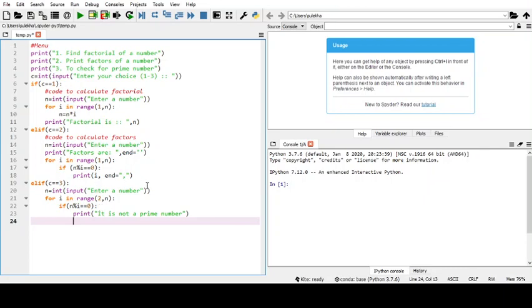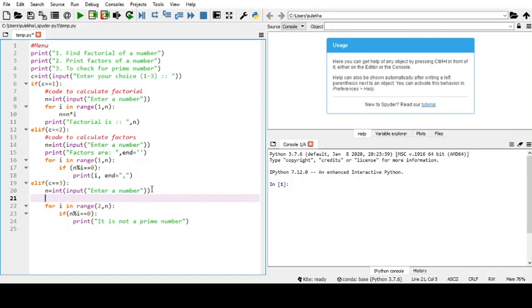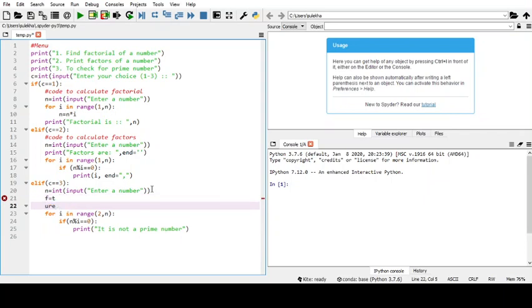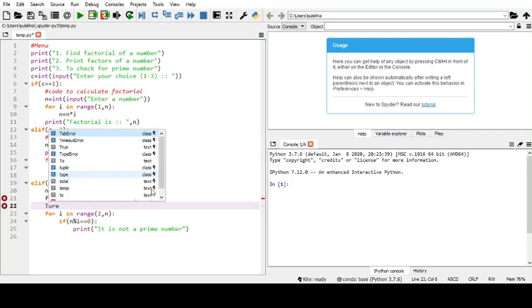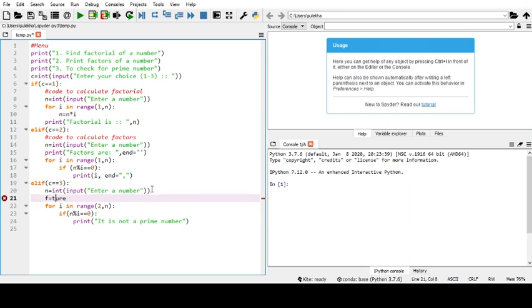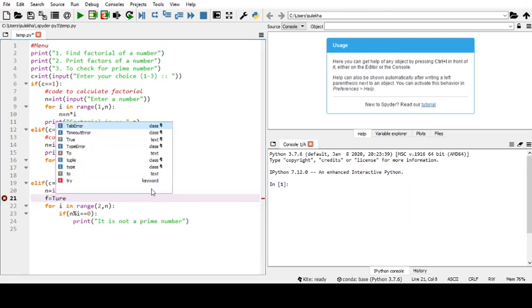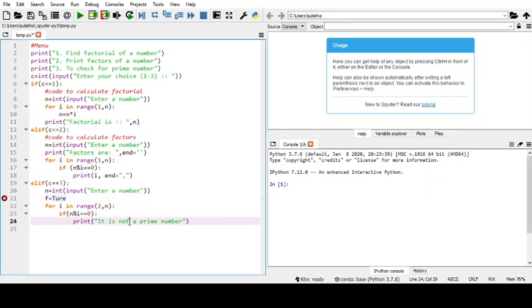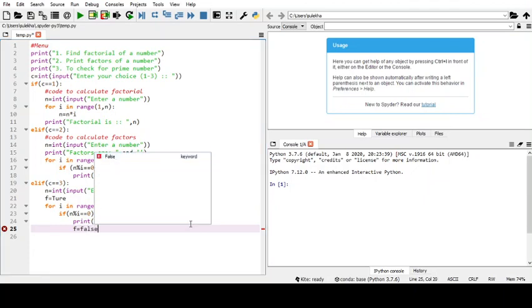Or we will do another thing, we will write down here flag is equal to true, and flag is equal to false.